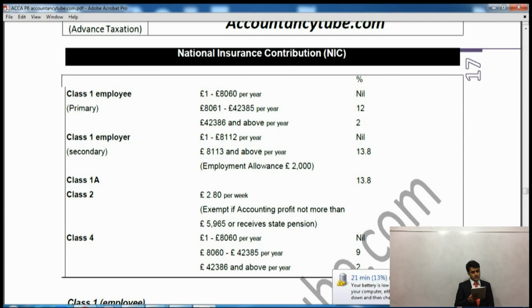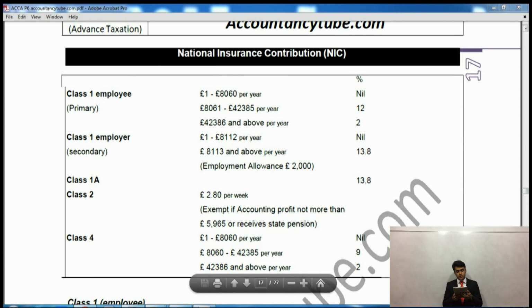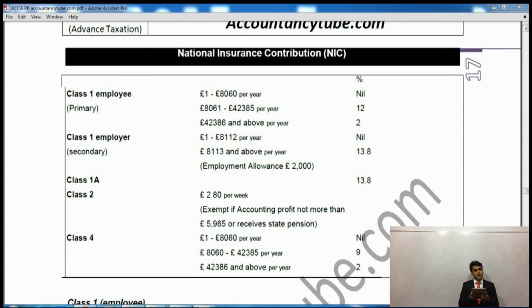After that, it says 8,061 to 42,375. So between this limit, the NI rate is 12%. Then above that is a 2% rate. So say for example, if your salary is £30,000 a year,